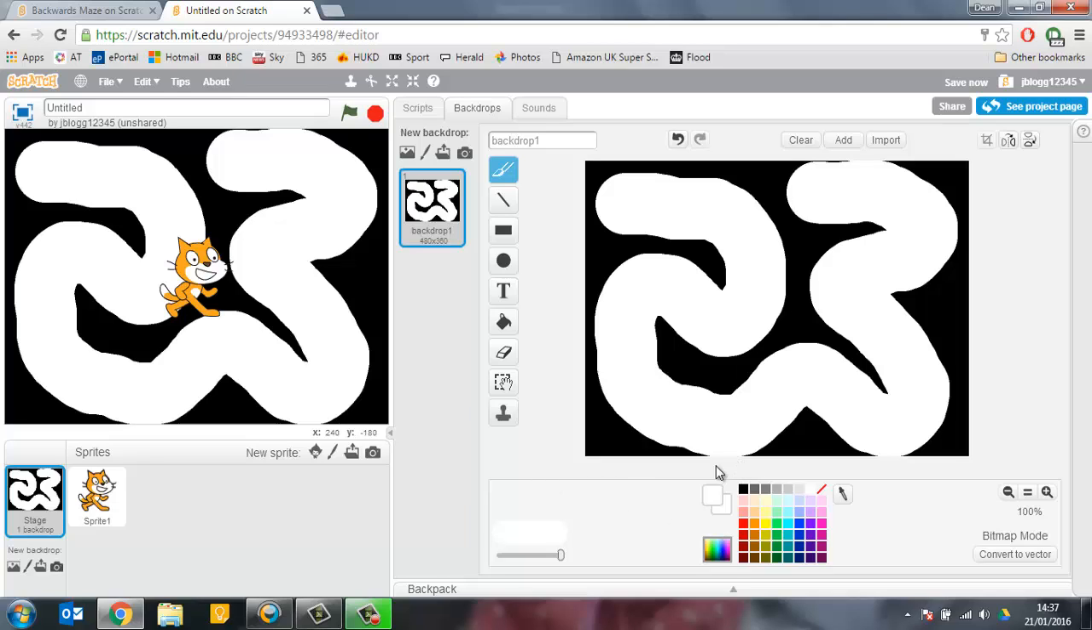Okay, so once you've done that, using the shrink tool, we can shrink down our cat, which is what we're going to be moving around the maze. You can change it to any character that you like. Move it to a suitable size that you think is going to make it fairly challenging. You might want to add some extra